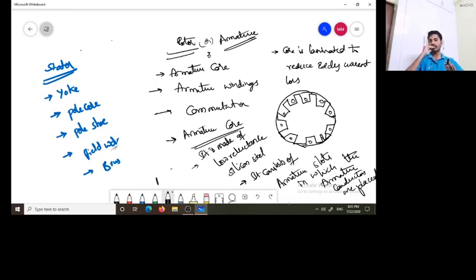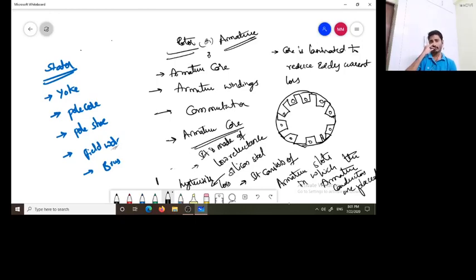We are using silicon material, which is called a high permeability material, which also reduces the hysteresis loss. Hysteresis loss is a loss which occurs mainly in a magnetic material. We will discuss that loss again in the later topics.